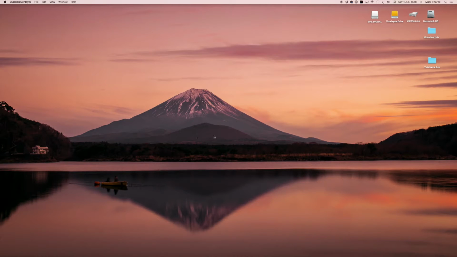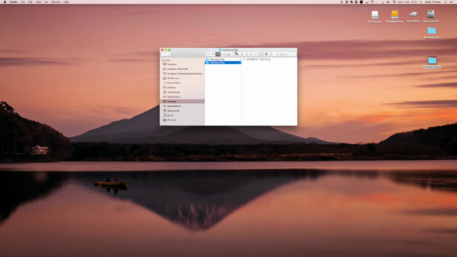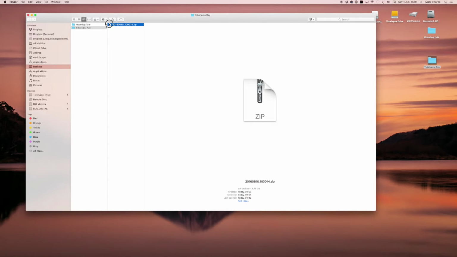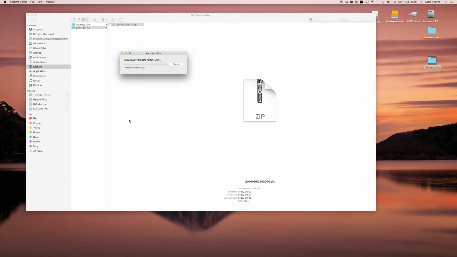The zip has been sent. Here is the file, the folder that we created, Yokohama Bay. Inside you will find that the zip is there. So let's go ahead and double click that and unzip it. And what should happen is we should have another folder